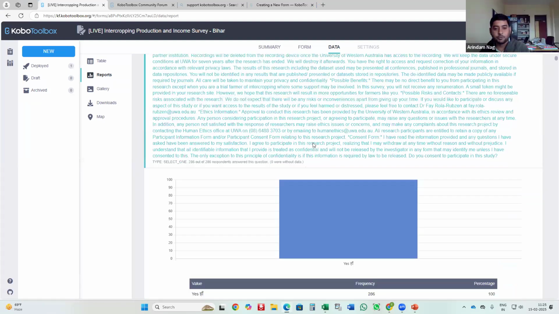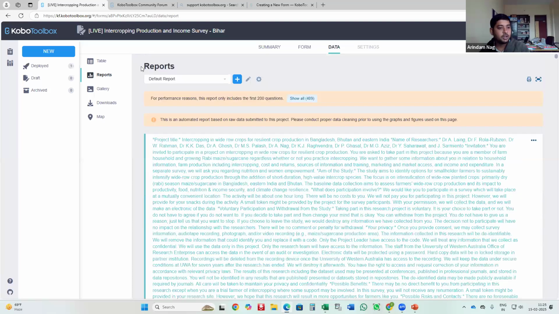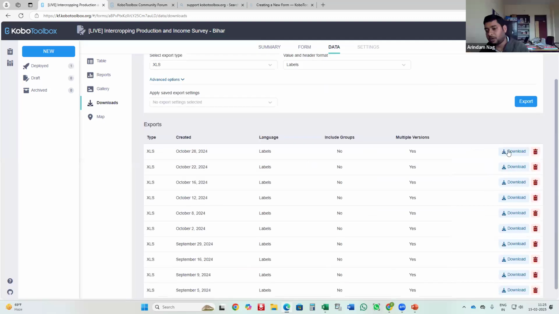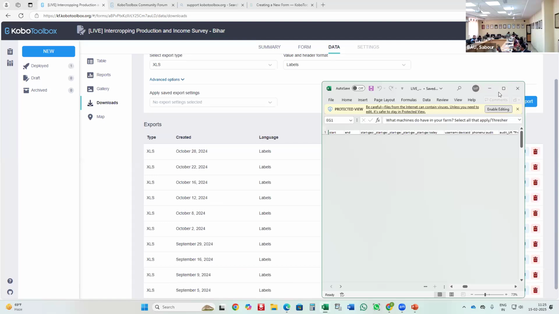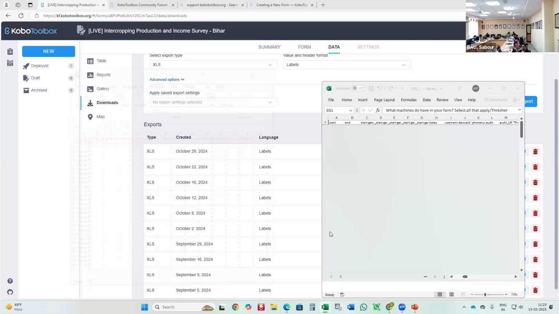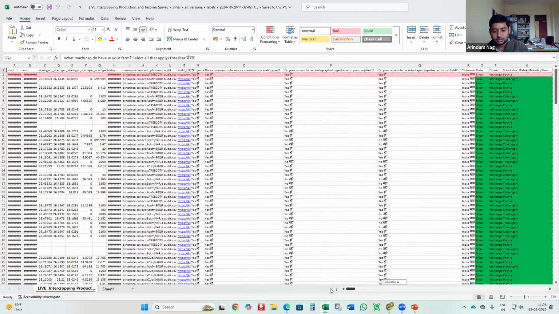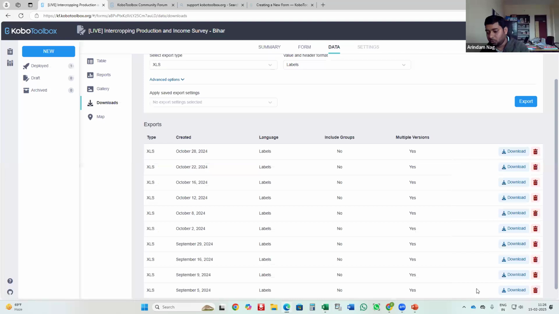ठीक है, ये रिपोर्ट फॉर्मेट में दिखाएगा कि क्या क्या ऑप्शन कैसे कैसे वो आया है। और अगर आप डाउनलोड में जाएंगे तो ये एक्सेल फॉर्मेट में डाउनलोड कर देगा। और जब ये डाउनलोड हो जाएगा, जैसे हमारे ये रिस्पॉन्स हमें ऐसे एक्सेल शीट में आ गया था। तो आपको उसमें फिर डाउनलोड करके वो एक्सेल शीट को आप डेटा क्लीनिंग के लिए यूज कर सकते हैं और फाइनलाइजेशन ऑफ योर रिपोर्ट।